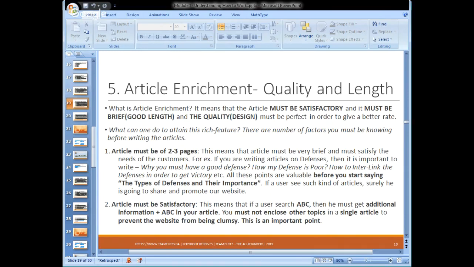Okay, must be user friendly. Very good thing you wrote. And anything else? Simple language. Okay, so that a user can understand. We are not running a vocabulary website, so we don't need to write extraordinary vocabulary. So we need to do it in simple language. And any other point, please?